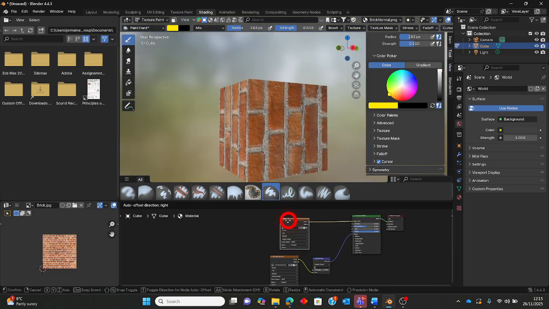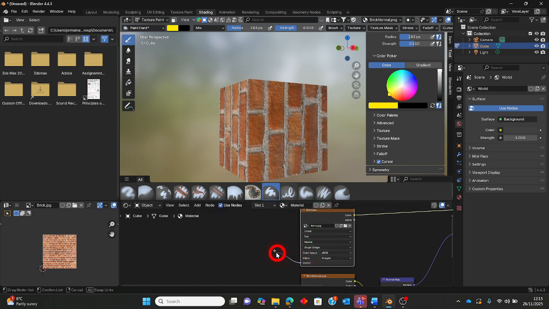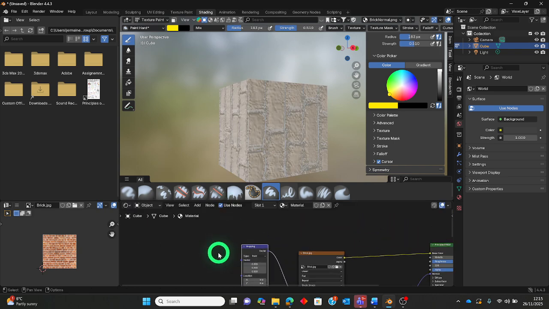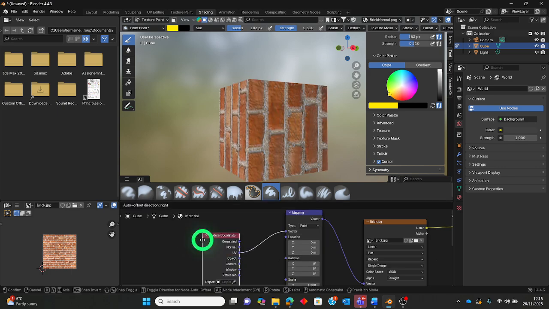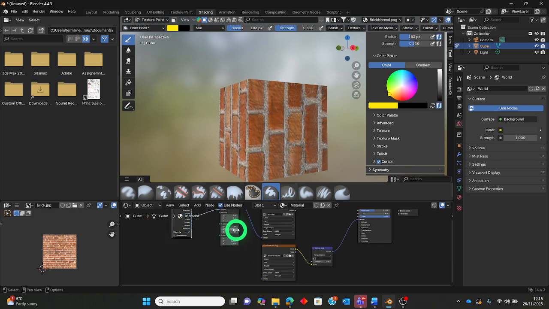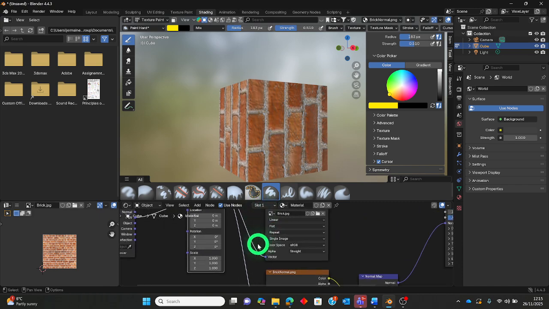And that's great. The next thing you want to do is from vector on this image texture, you drag it out and you search for mapping. So you can type in vector mapping and you get mapping vector. And then from there, you want to drag out coordinates, so type in coord, and then you want to do texture coordinate UV. So it's going from UV and creating a texture coordinate, and you want to select and connect that to both